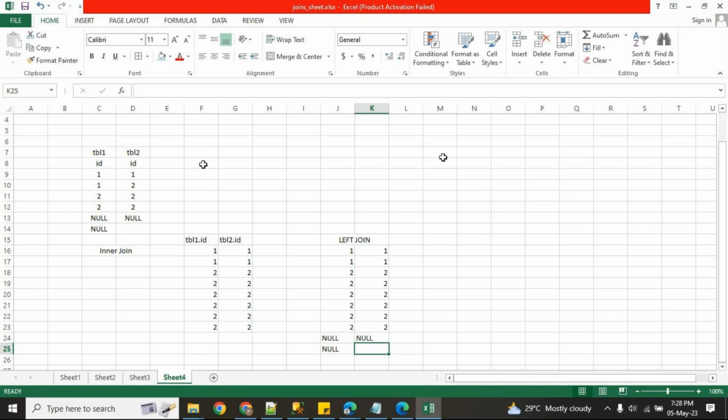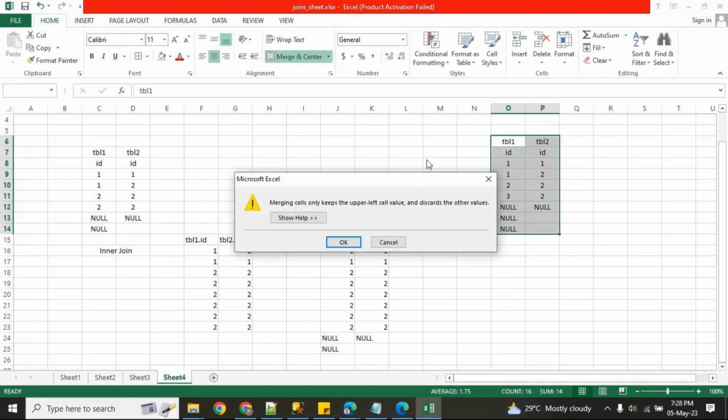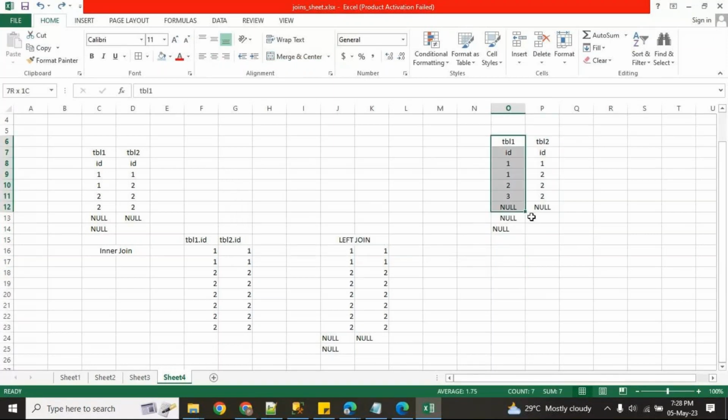Suppose I have a data set like this. Now, if I do left join for this one, left join table one, table two dot id.